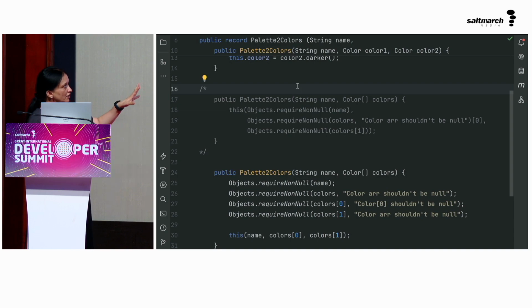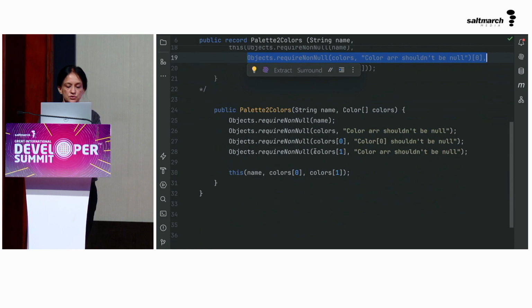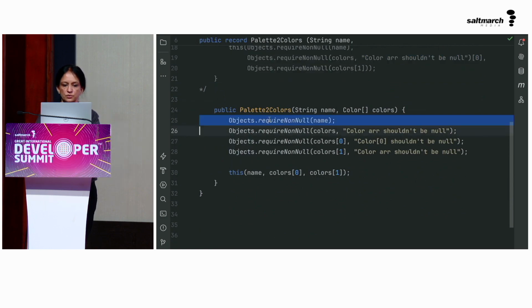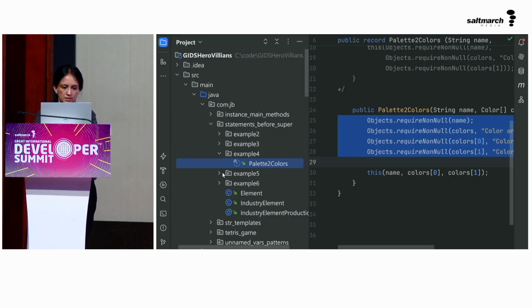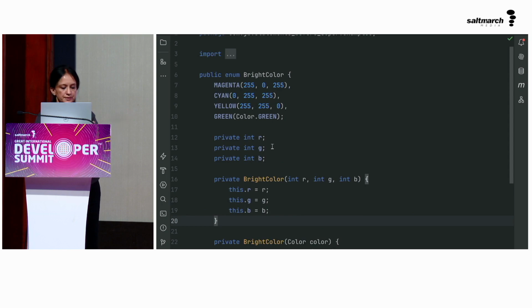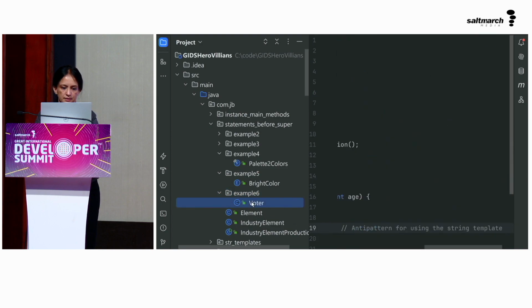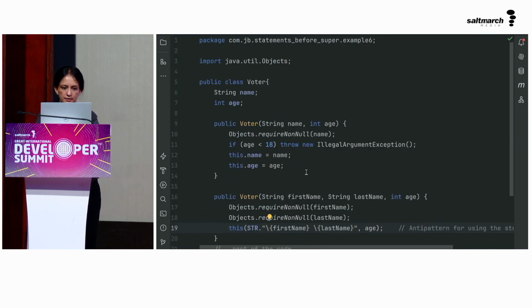So that kind of gave me a bit of, I still have a difficult time understanding this line of code, even though I wrote it some time back. So that could be changed with statements before super, and this code looks much more legible and easier to read and write. So this is another benefit. One quick example is, apart from using that in classes and records, you could also use that in your enums. And the last example on this is you could use that in,